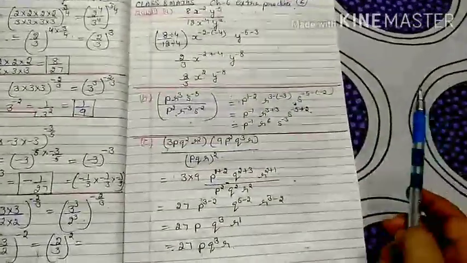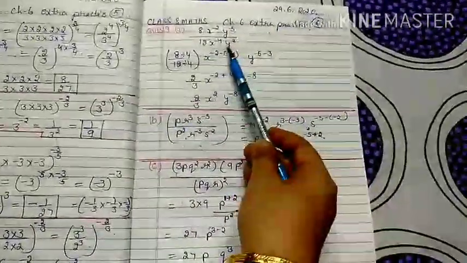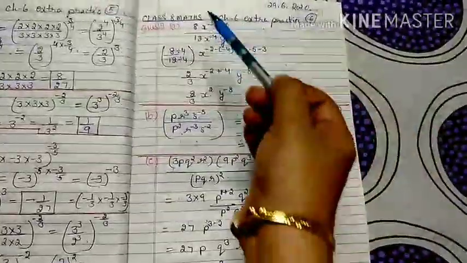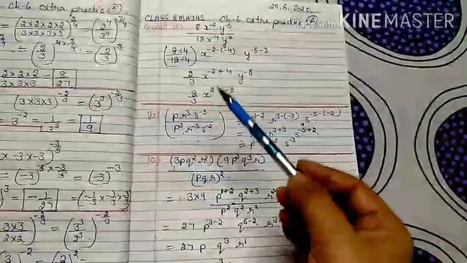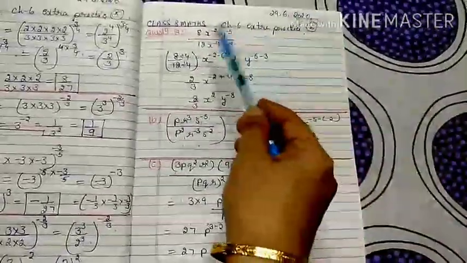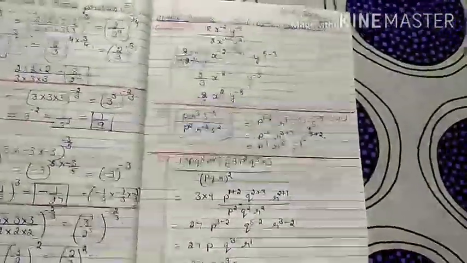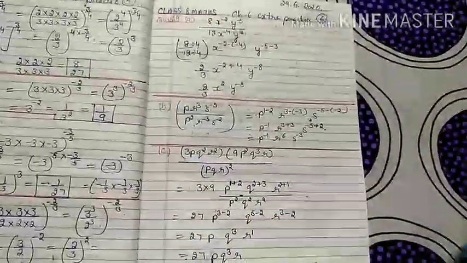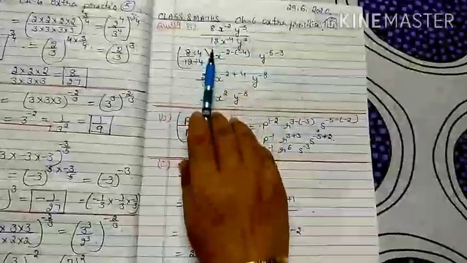Now your ninth question, A part, that is 8x to the power minus 2, y to the power minus 5, over 12x to the power minus 4, y raised to power 3. What is the exponent law? The exponent law is that if the base is the same in the numerator and denominator, the denominator base power is subtracted from the numerator base power to make a common power. If division is there, the same base is there, and the powers are different, the denominator power should be subtracted from the numerator base power. So here 8 and 12 are our numerical part, keep it separate.